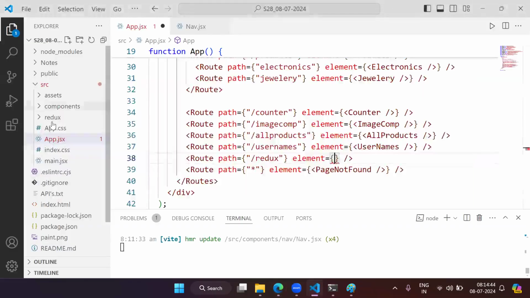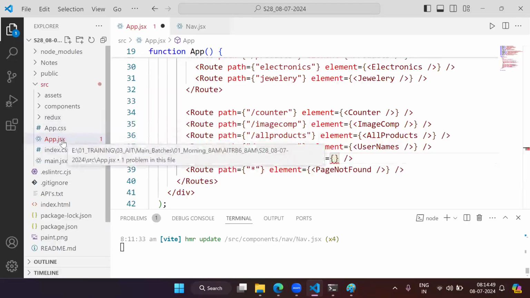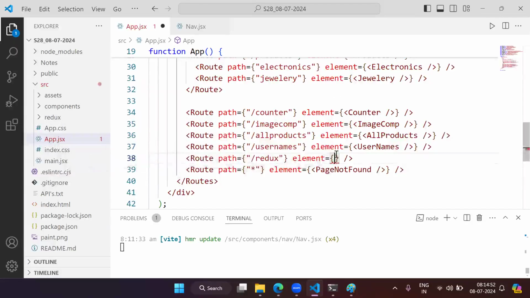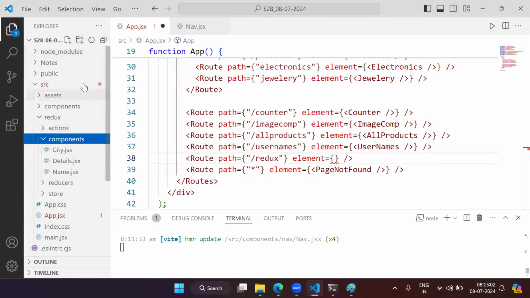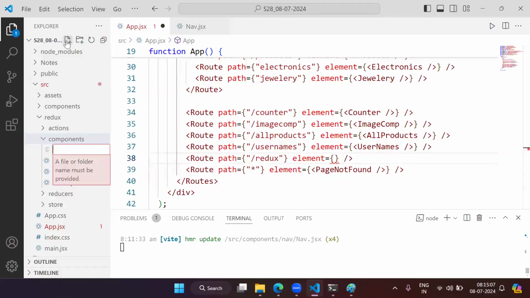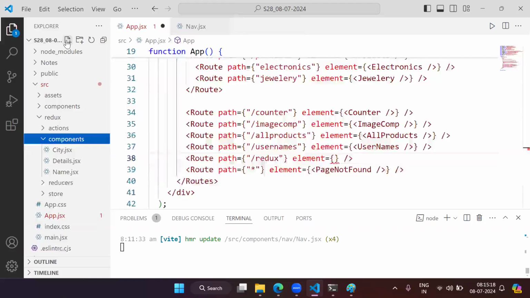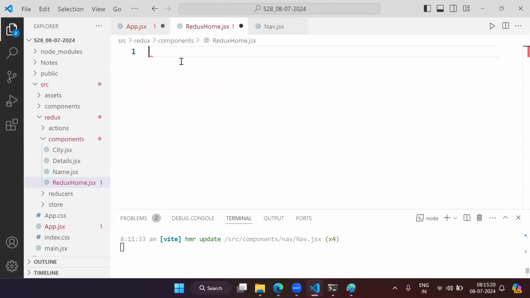One way is you can create one separate component, okay? And in that component, you can render all those three components. And that component you can render here. So what we can do is, inside this Redux folder, I will create one component called home Redux or something like Redux home dot JSX. You can create any component. So for that, I am creating one file first. Here I am simply adding a component,